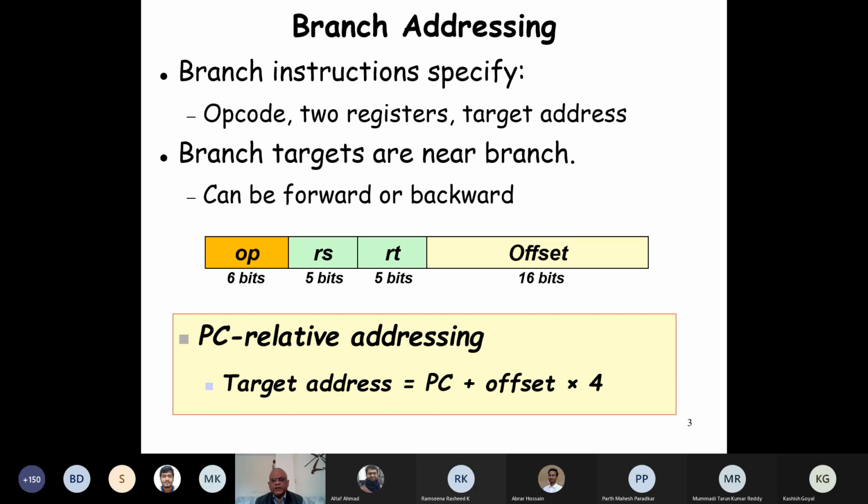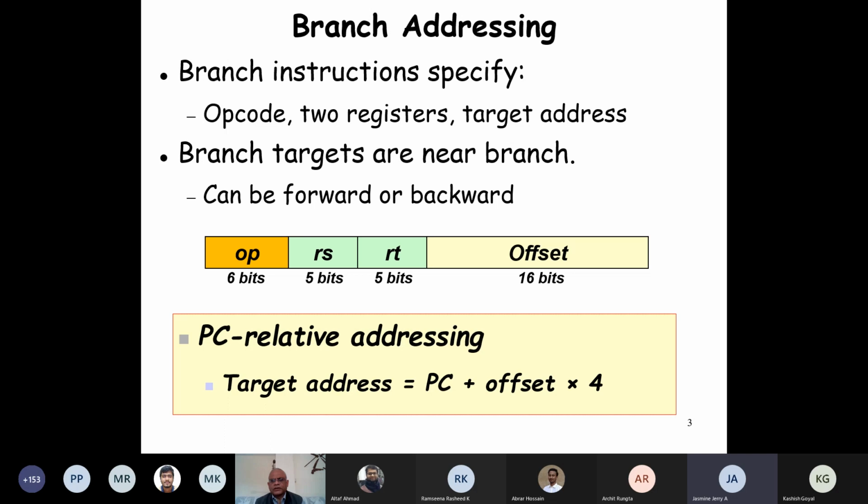Just 64 instructions? See, we have 16 bits here. So 2 to the power 16 of these instructions at once. These are word addresses, not byte addresses. So 2 to the power 16 instructions at once. That is close, but remember, we can jump backward or forward. Is it 2 power 17 minus 4? What is the maximum number of instructions we can jump backward or forward?